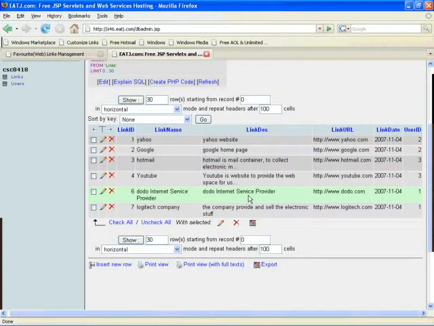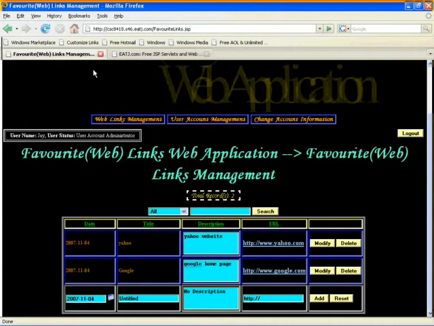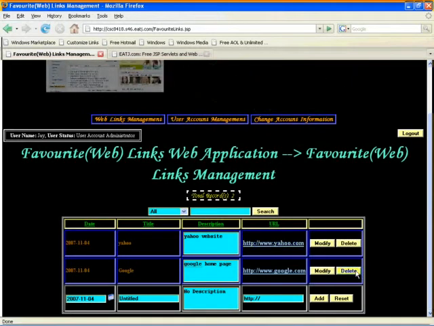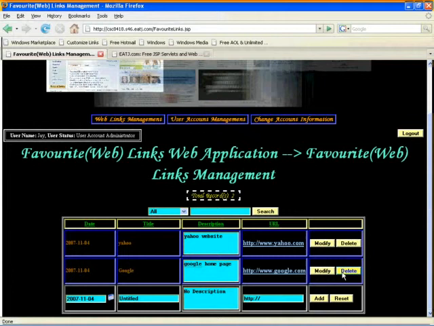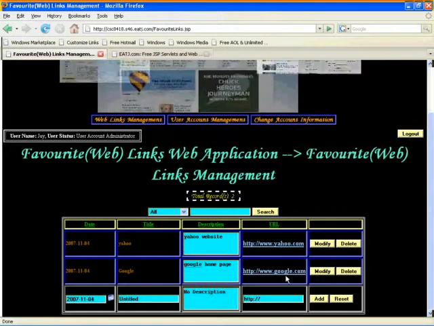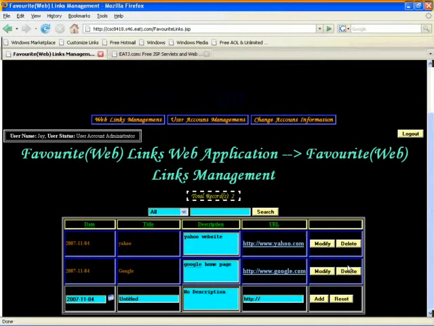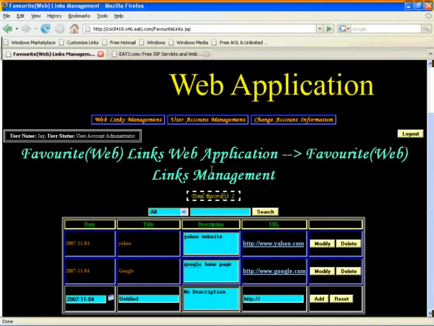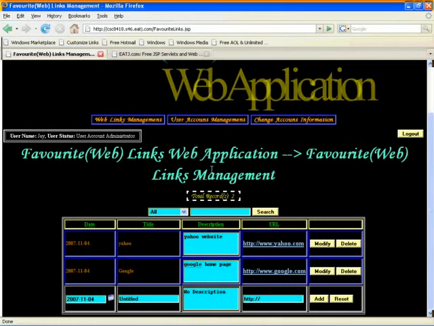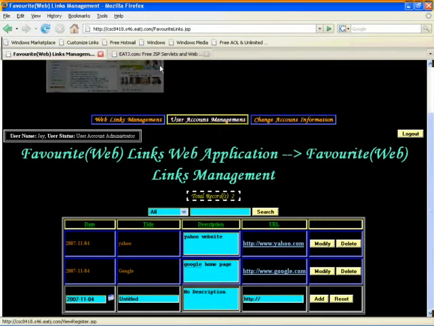When the user deletes the wow web link in the FreeBND management, after the user clicks the delete button, the wow web link will be deleted from the database. That means the FreeBND management will communicate with the database and delete it from the database.